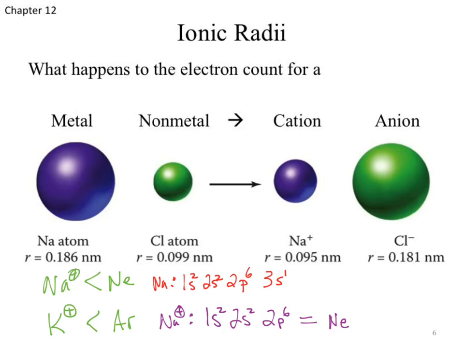The challenge question would then be, what's the relationship between sodium ion and neon? That one requires an extra little bit of thought that we can't really put into play by looking at the electron configurations. We have to evaluate what else is different between the sodium and the neon, and what did we decide that was? The number of protons in the nucleus. Well, our electrons go in closest to the nucleus first. Why? To balance out our charges.